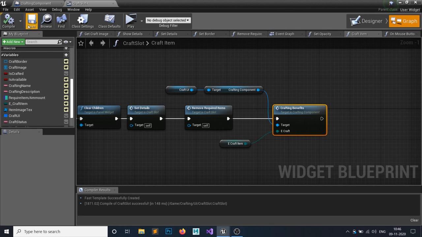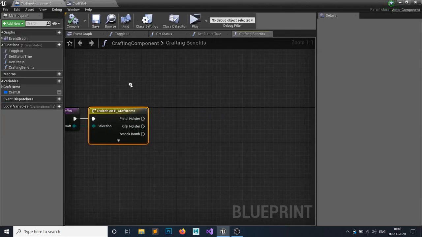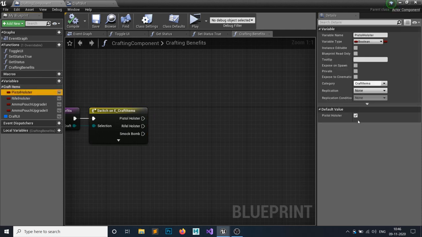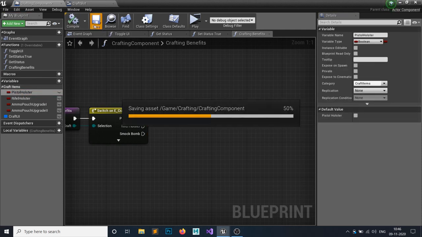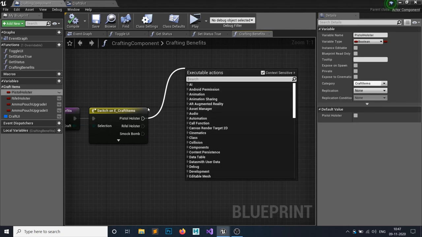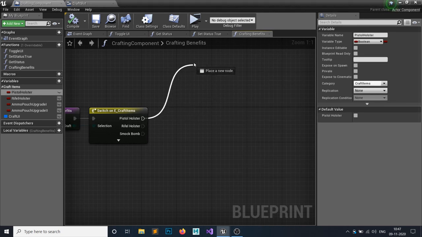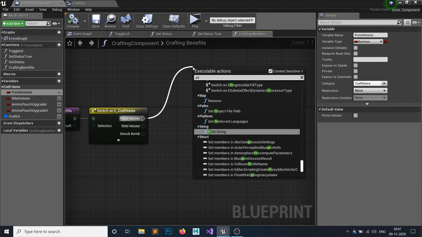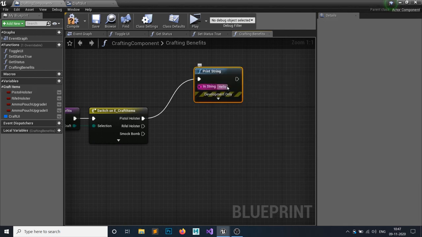Okay, compile, save. So let's say, if pistol holster is crafted, then this line should pop up, and let's print out something, yeah, pistol holster crafted.